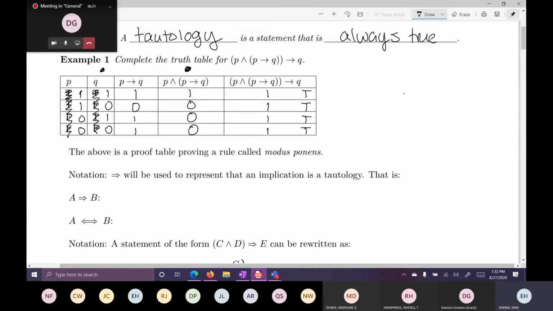Now that is actually a proof table for a rule that we're going to talk about in a second called modus ponens. I never remember if I say those correctly, but I think it's modus ponens. Anyway,